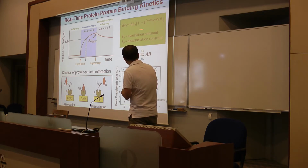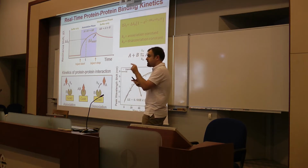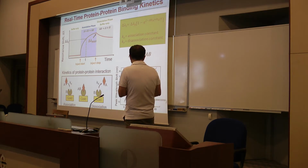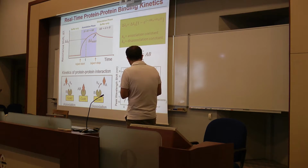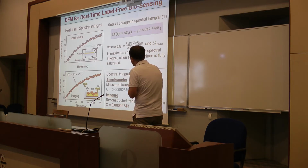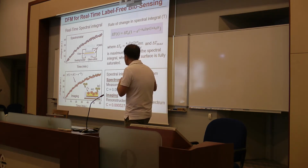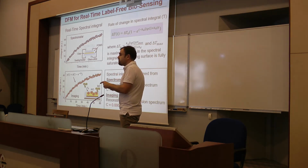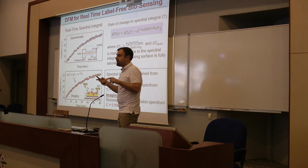So if you look at this equation, you see that the spectral change in the EOT signal exponentially depends on the association and dissociation constants. And this figure shows this spectral shift within the EOT signal in a real-time experiment, while IgG binds on the AG-covered hole surface. So here I'm again showing you the spectrometer and our imaging-based platform, and they're giving very close exponential constants, which shows that you can reliably use our imaging-based platform for real-time binding experiments